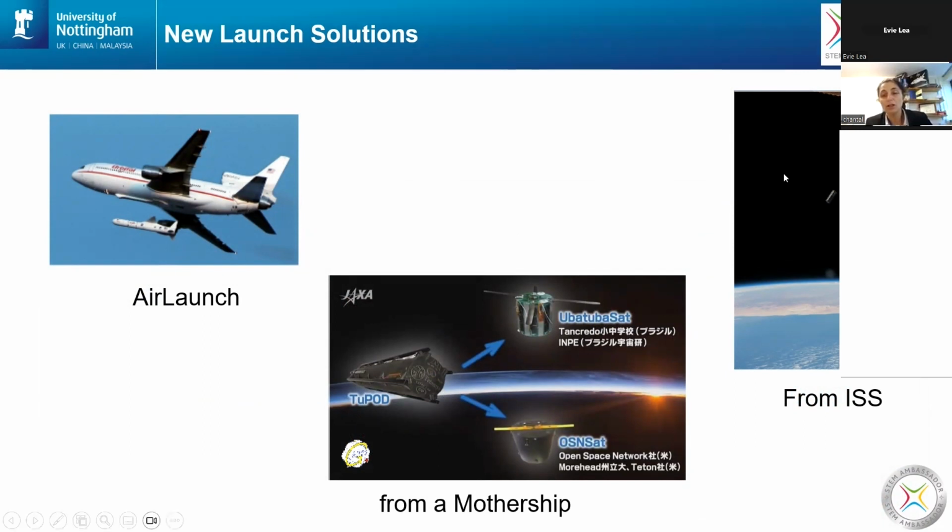We can also launch from the International Space Station with a specific system, or we can use mother ships, like, for example, a bigger satellite, not so huge, that releases some satellites. For example, this picture is a satellite I made a few years ago, where we were able to board two